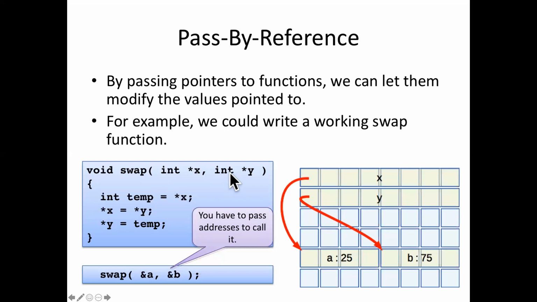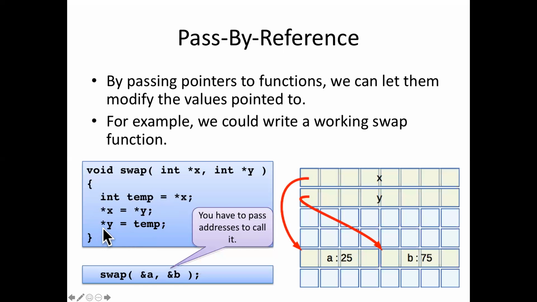If you look inside the function, the picture over here shows how this is supposed to work. Inside the function, x and y are both pointers to two different integers. If I want to exchange them, I can go get what x points to. That's what the star is. Give me the integer that x points to. Give me a copy of that integer. Sorry, I didn't say the part. Save that in a temporary variable up here for what you get from x. Put whatever y points to into whatever x points to, and then take that temporary and put that in